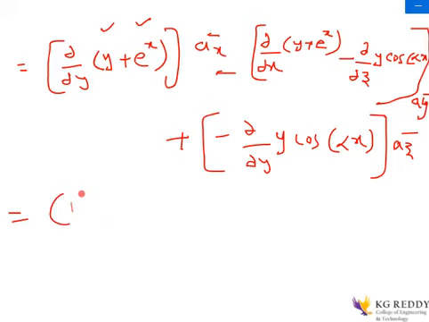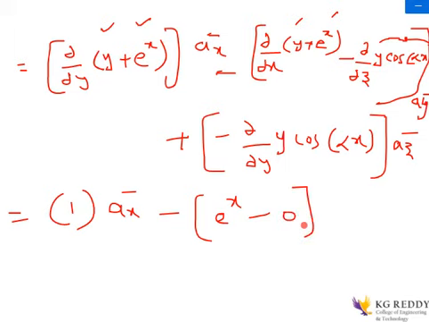Okay, so simply 1 into ax unit vector minus, and here if you see, again there is a y and there is e^x. So the partial derivative of y with respect to x will become 0, and the partial derivative of e^x will become e^x itself. Okay, minus, and if you see here, there is no z component out of this equation, y cos αx. There is no z component, and here we are doing partial derivative with respect to z. So then this will become 0, right, into ay bar plus,